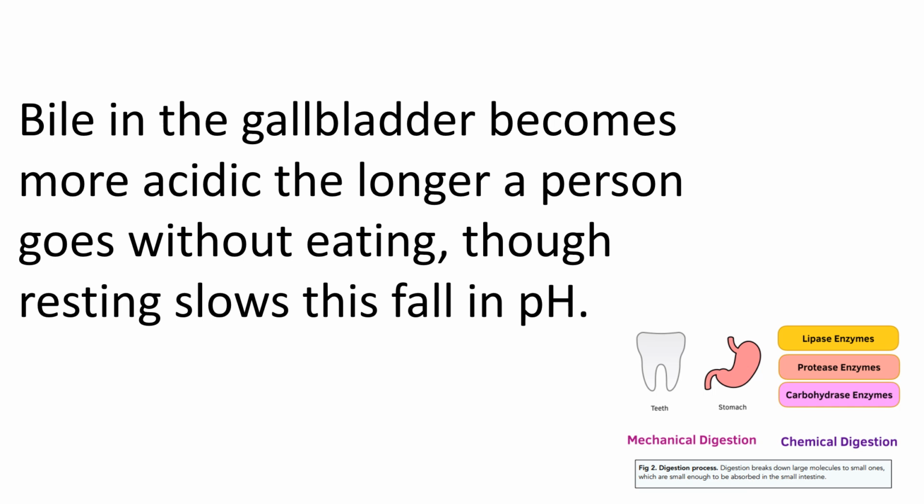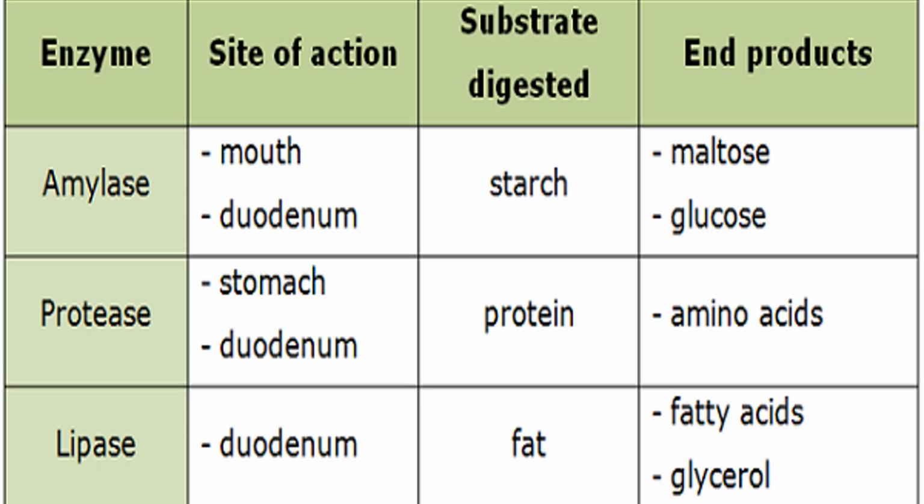Bile in the gallbladder becomes more acidic the longer a person goes without eating, so resting slows this fall in pH. pH means power of hydrogen. Meaning, bile in the gallbladder will become acidic the longer a person goes without eating; resting slows this fall in pH. Okay,